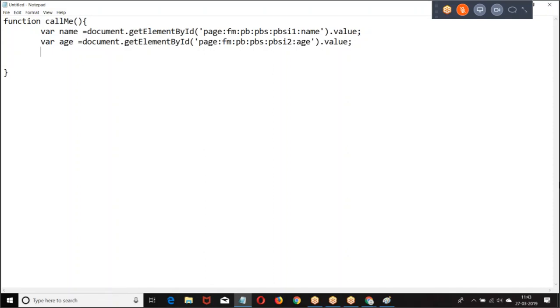Then you want to print it. How do you print it? Document dot get element by ID, page, form, page block section 2. Now it is displayed in the second section.